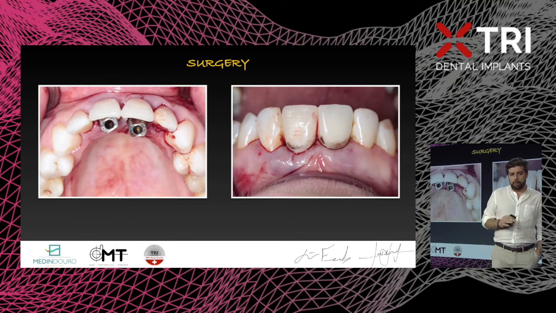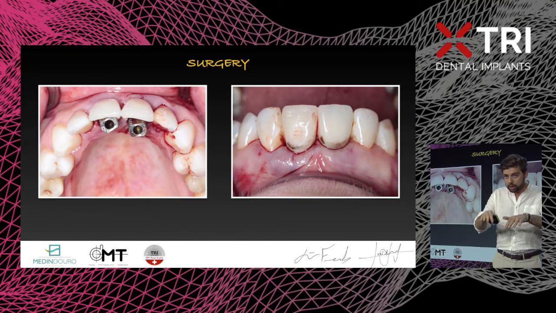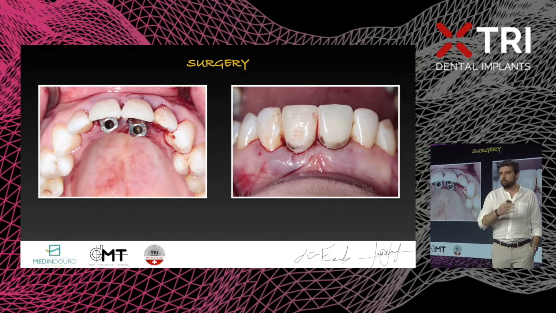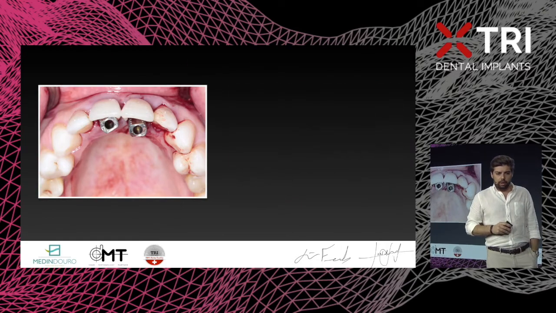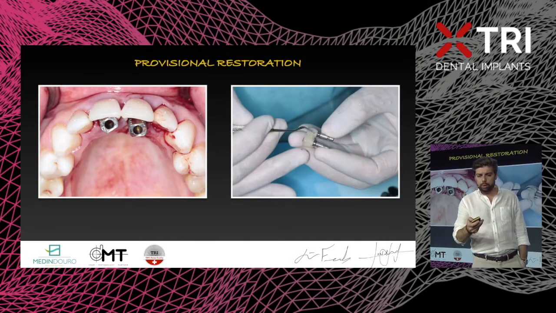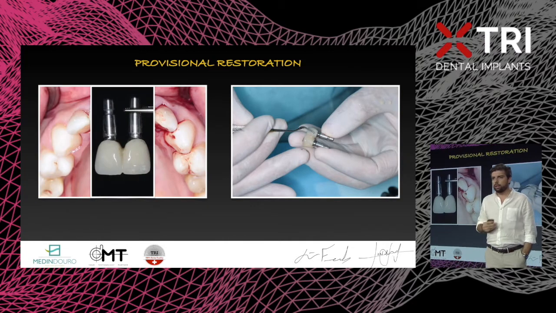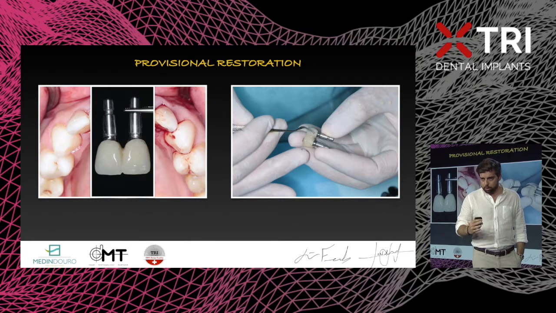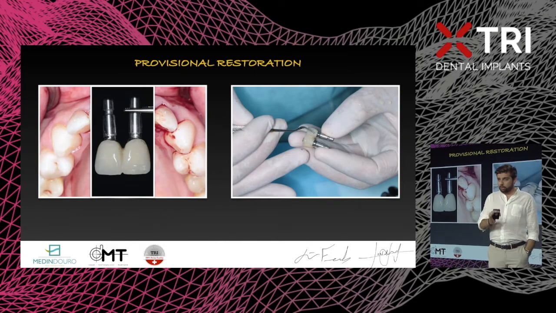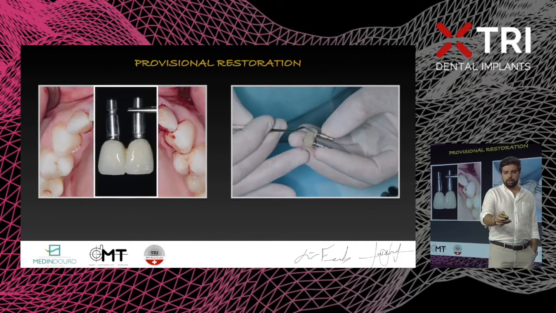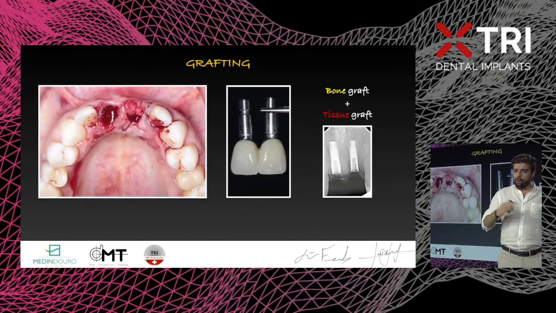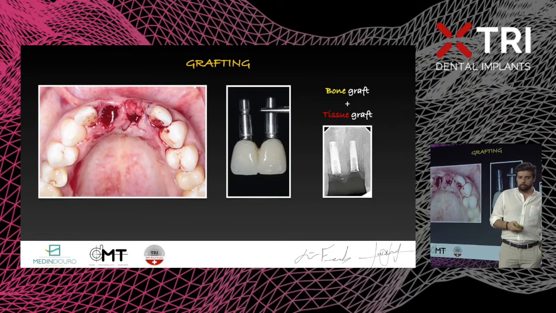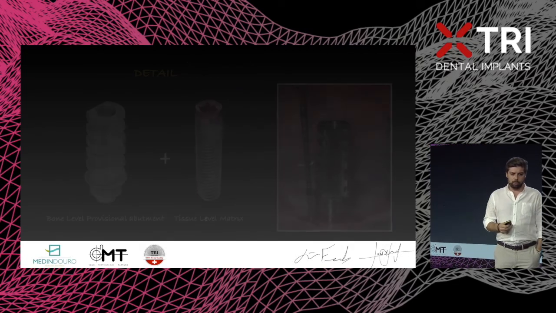So after this, we can now go with that guide and realize where the veneers are perfectly aligned, and we just reconstruct with composite the palatal sides, adding, the old-fashioned way, using the provisional abutments from TRI. So even if you are not able to do fully digital protocols, TRI got you covered, and you have your titanium buttons that you can use. So after this, I went and did the tissue graft and the bone graft in order to get a better outcome in this particularly difficult situation.